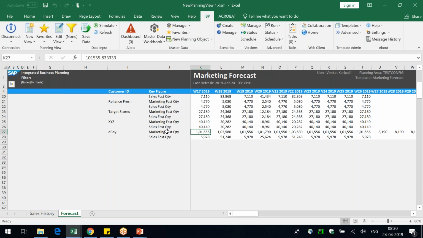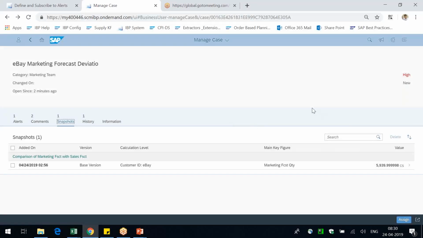As you rightly mentioned, marketing forecast is at week, product, location, customer level. Inside eBay there are like 7 product IDs, but I'm viewing at the eBay aggregate and maintaining the values here. Disaggregation happens based on the mode that we specify, whether it's a copy disaggregation, proportional disaggregation, or based on another key figure. Those are things that we can do. Yes, you have already configured that, so that's what I meant to say. So now what I'll do is